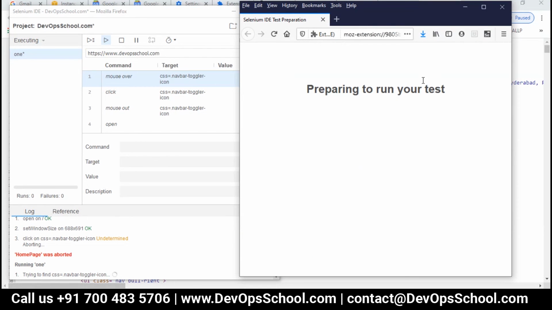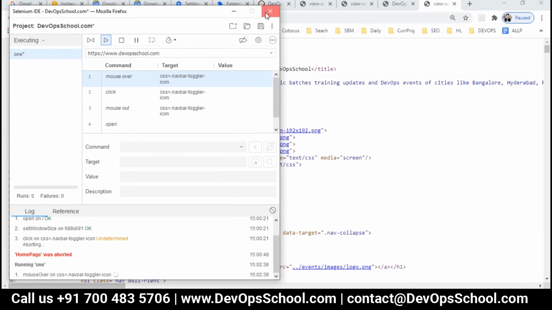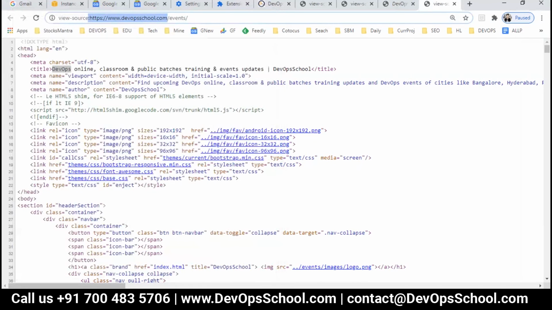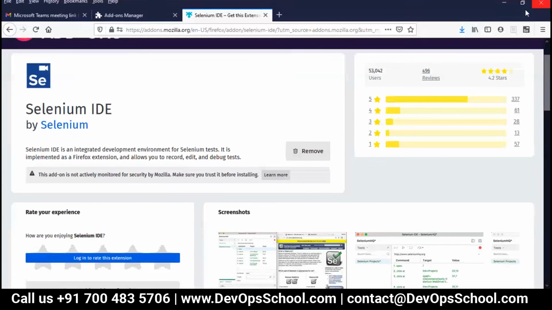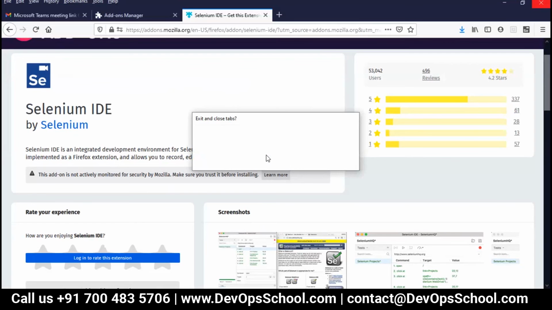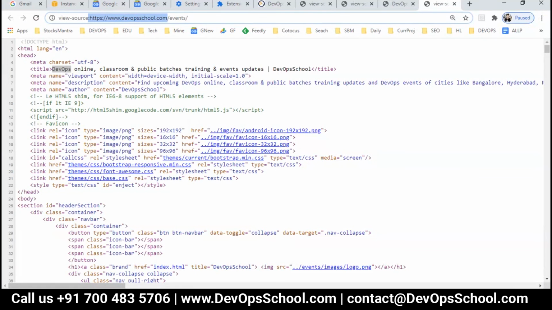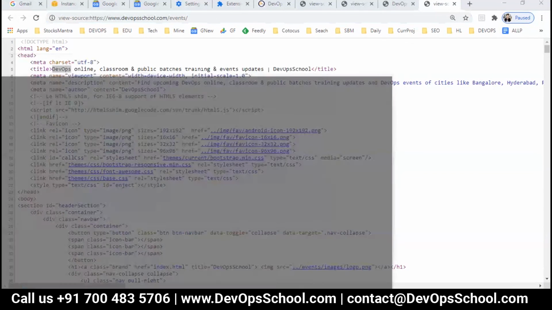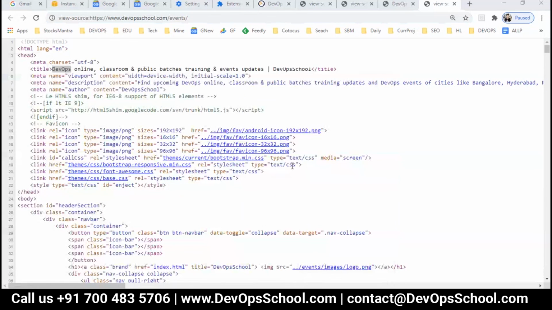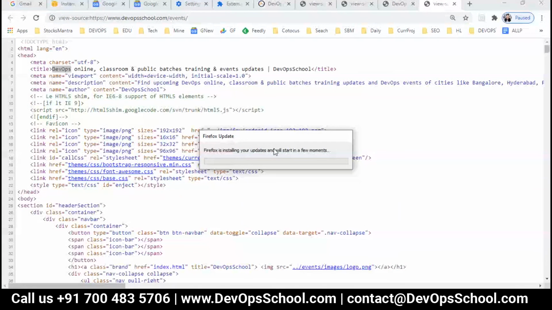There's some problem with my browser. Let me do one thing. I am closing my browser, reopening it. Maybe the browser problem.